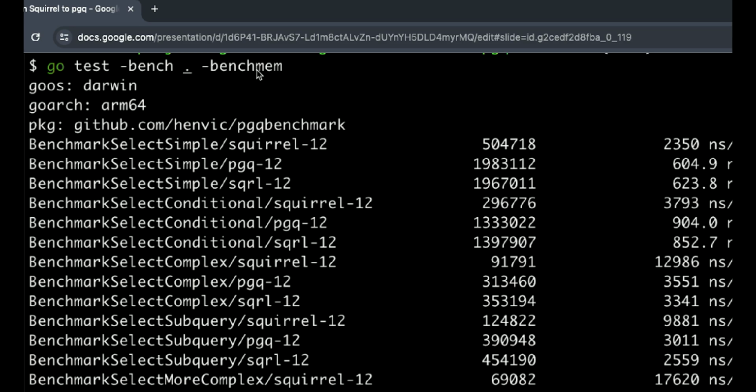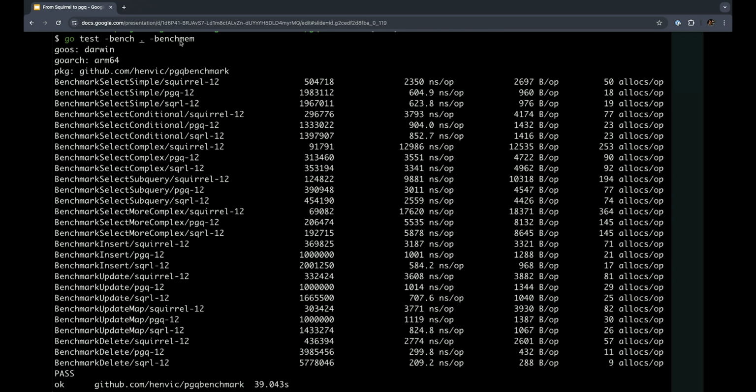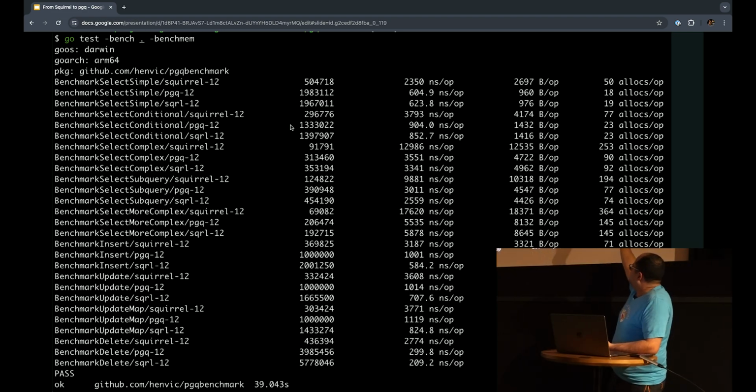I'm also using the benchmem flag. What the benchmem flag does is that now you also have the allocation statistics here. So each operation took 29 allocations, for example, and the amount that was allocated.